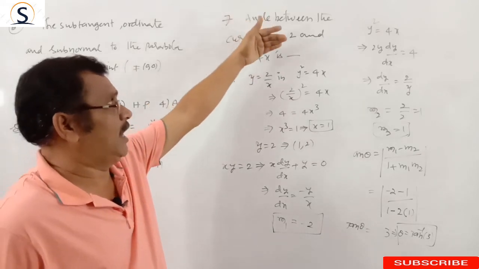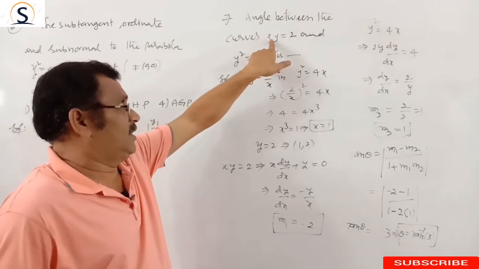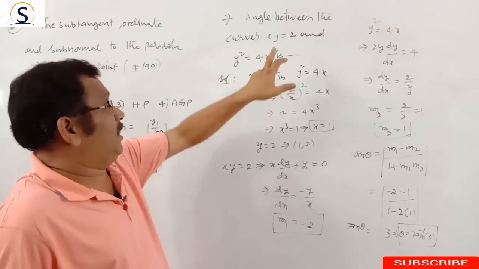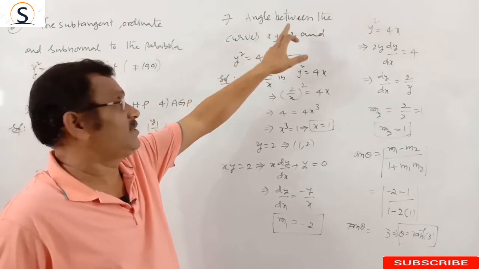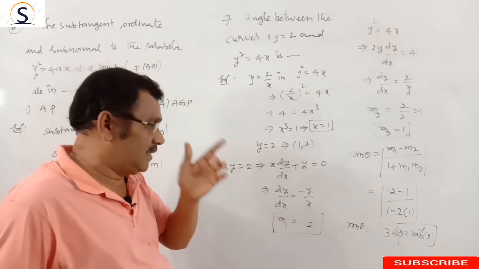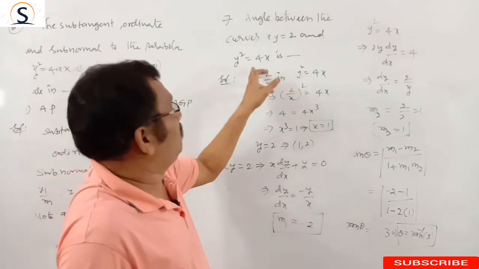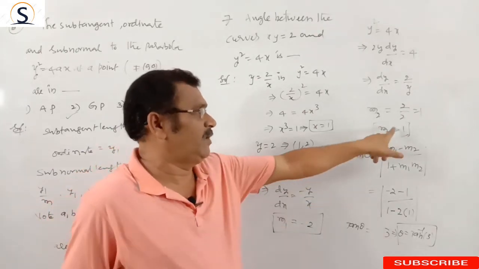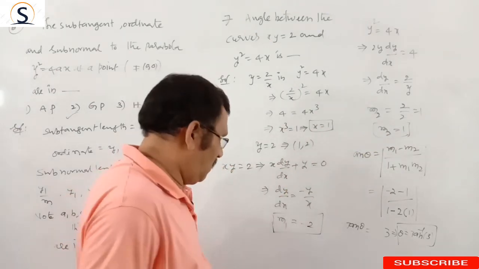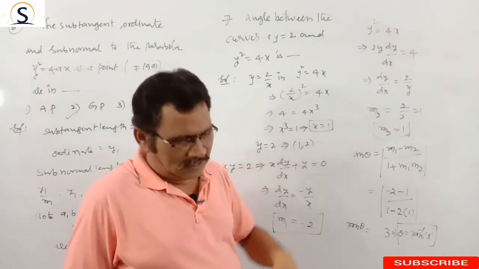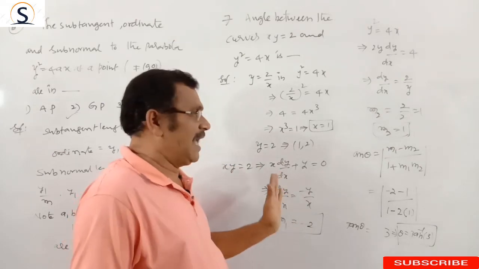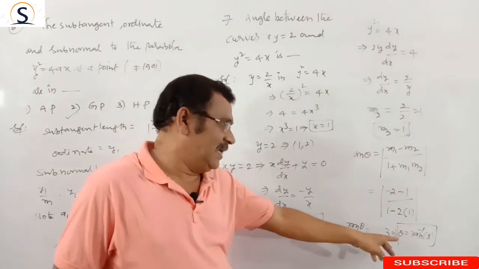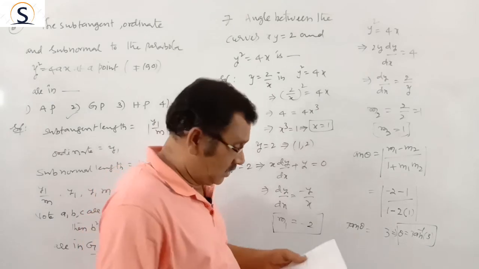To find the angle between two curves, first substitute one curve in the second one, and you get the point of intersection. After that, find the derivative, that means dy by dx, of the first curve, and substitute that point's coordinates; you get a numerical value m1. Similarly, for the second curve, you get m2, then apply tan theta. Sometimes, if you find m1 is equal to m2, then the two curves touch each other. If the product m1 and m2 is minus 1, then the curves are orthogonal to each other. That means the angle is 90 degrees. When m1 is equal to m2, the angle is 0. Here the angle is different, theta is equal to tan inverse of 3.